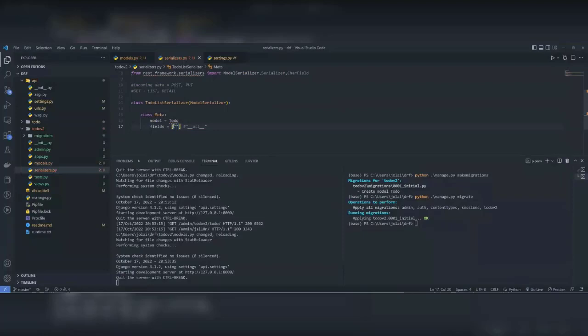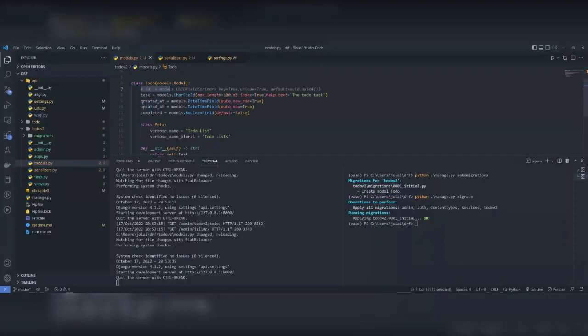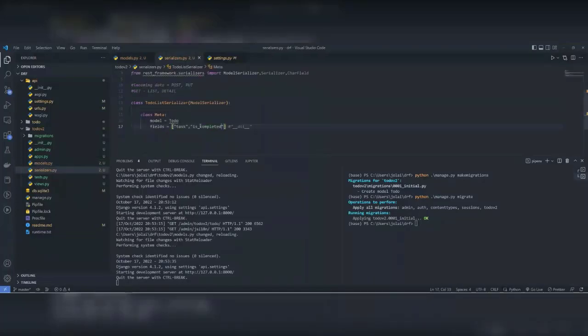You can say you just want the front end to pass you the task, because this created ads and updated ads are handled by Django, so you don't really need it to be coming from the front end again. Two fields from the front end. What can also be used is a collection, or you just use all, because you want everything. So right here,